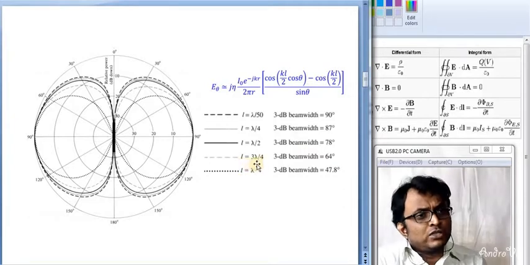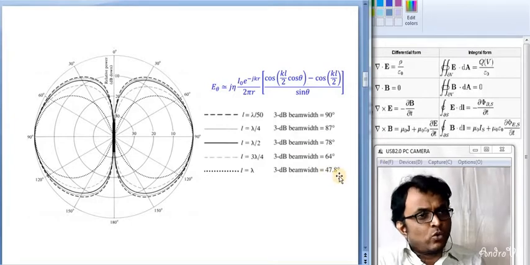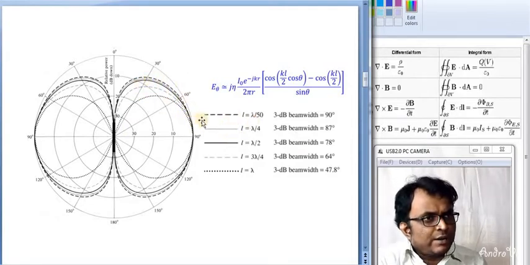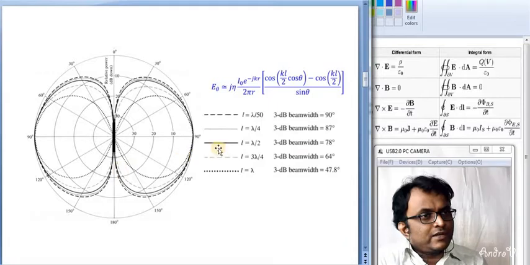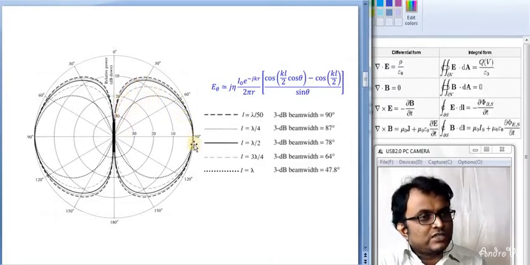And as we increase the antenna length, the beamwidth decreases. If the length of the antenna becomes lambda, the gain will be higher, because the beamwidth decreases more. That's why we are taking this pattern distribution here. This is the lambda by 2 dipole antenna radiation pattern. This is the radiation pattern for lambda by 4. Again, this is for lambda by 2, and finally this is what we achieve for the lambda antenna.